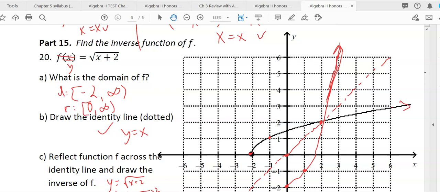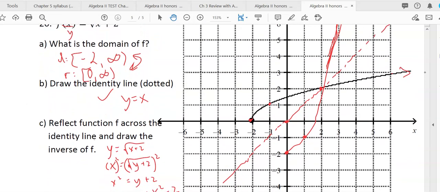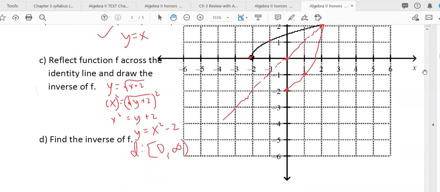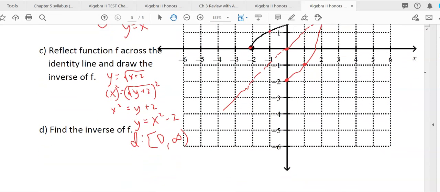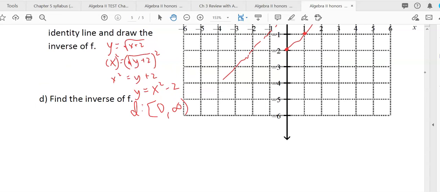So what happens with inverse functions? The domain and range switch. So if the domain was that, the range is that. On this new function, the range has become the domain because it's an inverse, and the domain has become the range. So the domain should be from -2 to infinity, just like the domain was on the other one. And I think that's the end of the